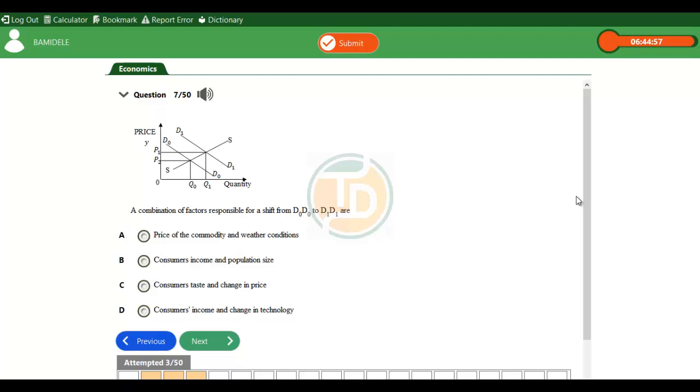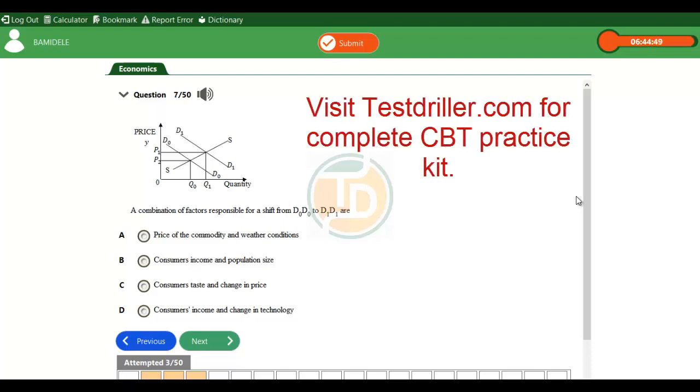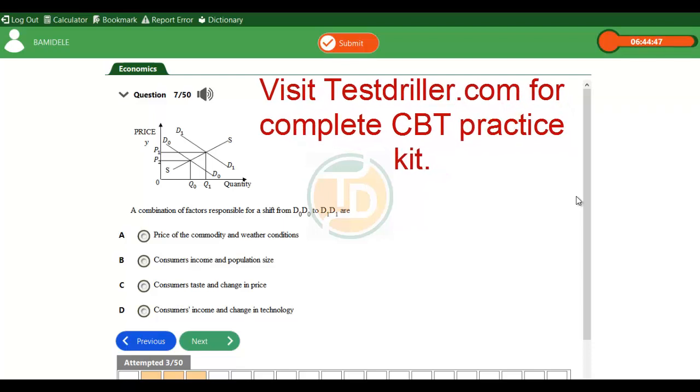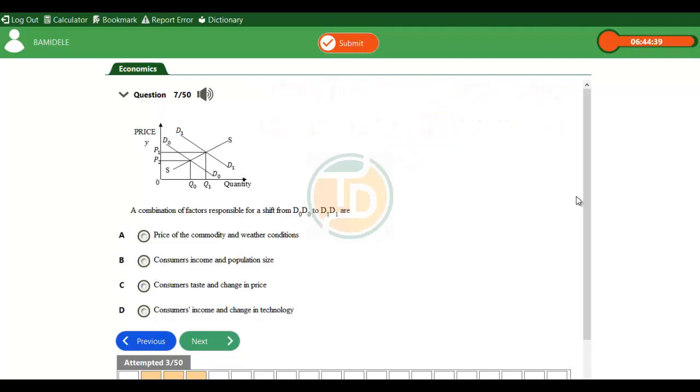Good day, guys. Question 7, 2014 UTME. We have been given a graph here which has to do with demand and supply. And the question goes that a combination of factors responsible for a shift from D0 to D1 are